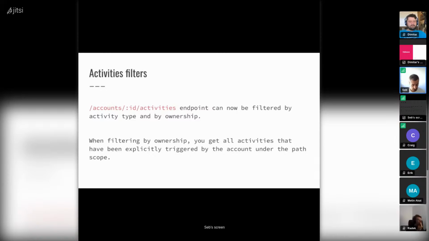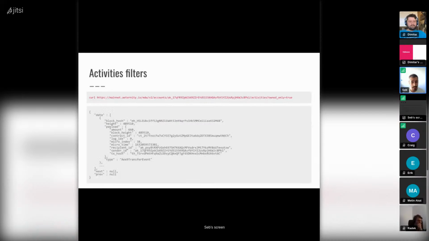but you will not get any indirect activities that your account didn't explicitly perform. This is an example where there's an AX9 transfer activity, where the sender of that AX9 token is also the one that performed the transaction. And this is an example of the activity endpoint being filtered by type. In this case, the type is AX9 transfers,